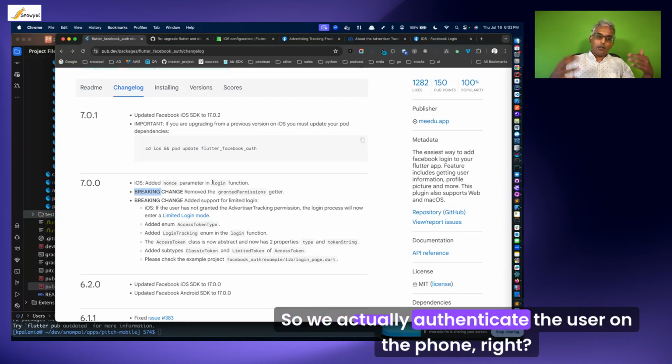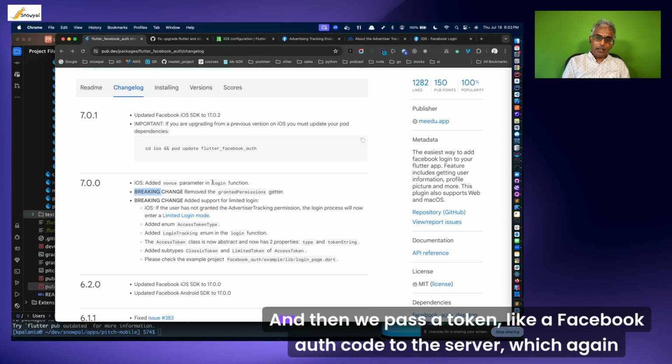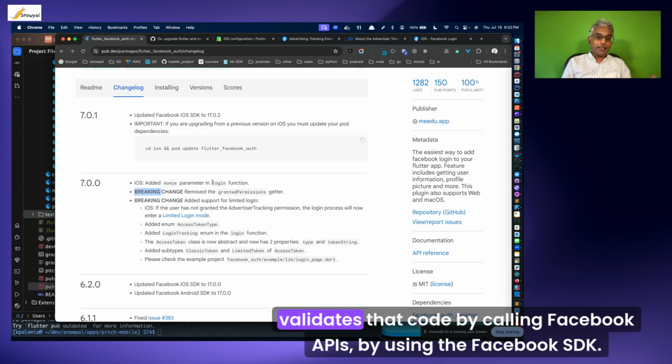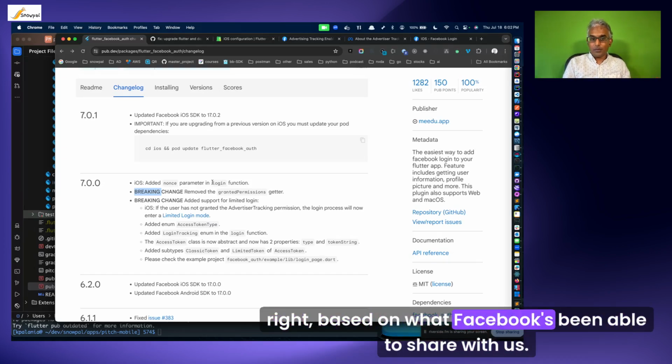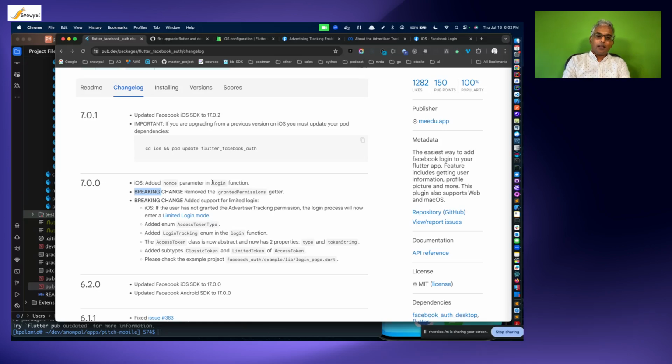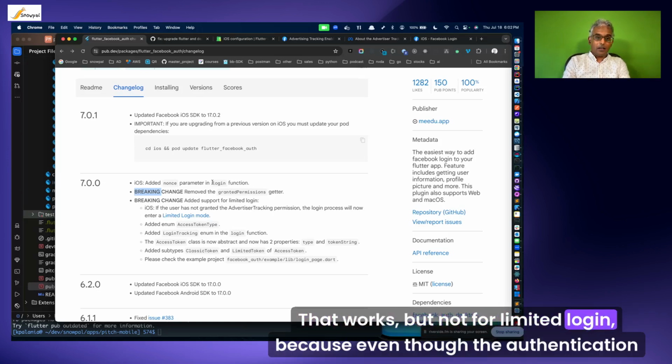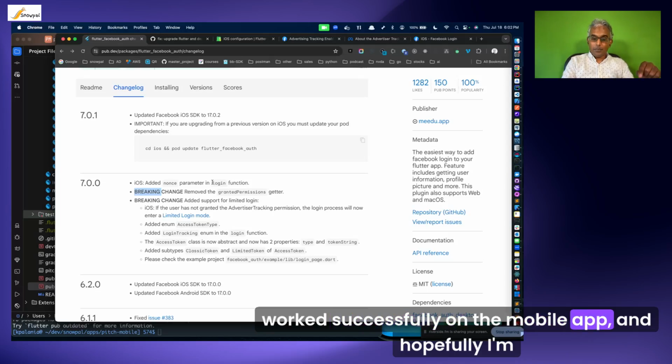So we actually authenticate the user on the phone, right? And then we pass a token, like a Facebook auth code, to the server, which again validates that code by calling Facebook APIs, by using the Facebook SDK. And then we get more information about that user, right? Based on what Facebook has been able to share with us. That works, but not for limited login, because even though the authentication works successfully on the mobile app,